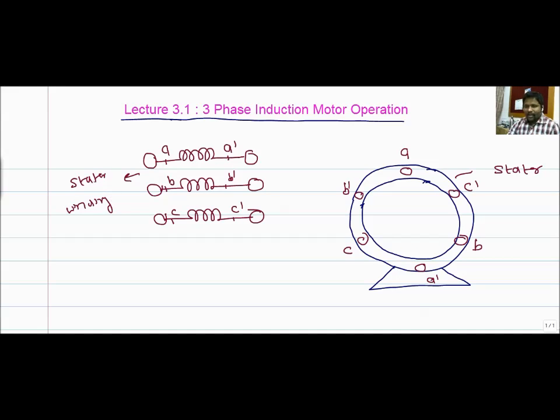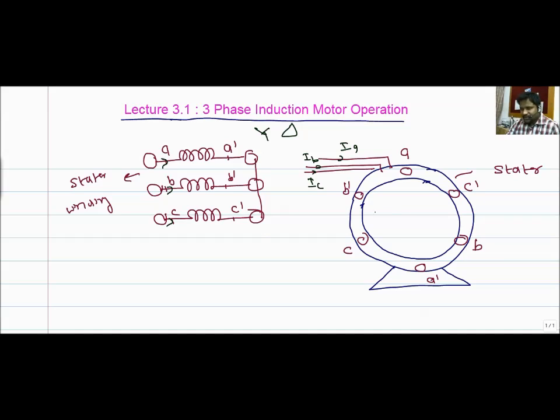This is called the stator winding, and with the use of star and delta connection we are making this connection. Let us suppose it is star connected, so we are shorting this, and the supply is given to IA, IB, IC. Similarly IA, IB and IC. So we understand that the stator has stationary coils represented as A dash, B dash, and C dash, and by using star or delta connection we are making the three input terminals at the output side. And if we give this supply, then what will happen, that we are going to discuss here.